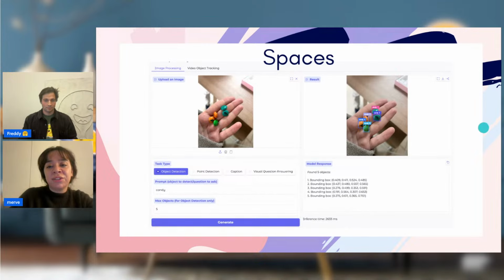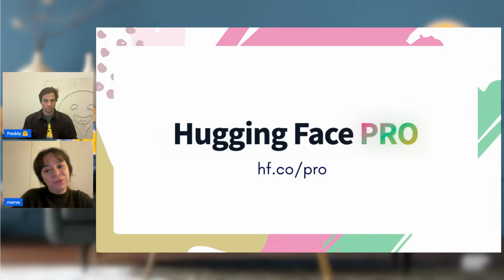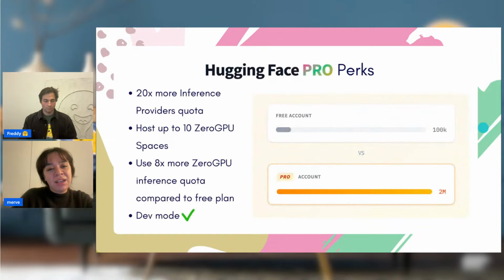And when you have Pro, which I'm coming to right now, as a benefit, first off, you can host up to 10 ZeroGPU spaces, and you get way more quota. So when you infer with a ZeroGPU space, you have a quota, but when you have Pro, you have way more quota. And same with inference providers, again, you have more quota.